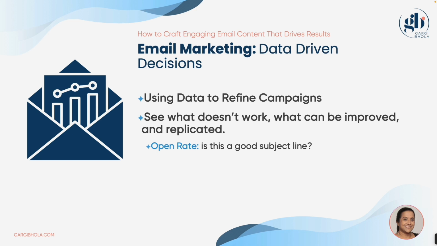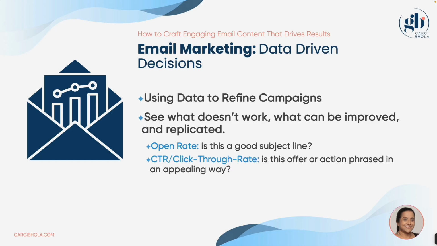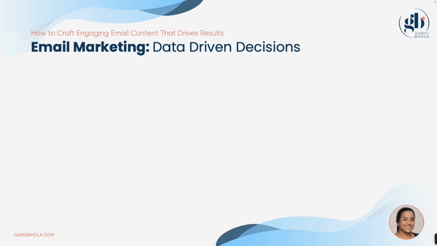Open rates can be a little bit confusing, especially with Outlook. If you open up a preview for an email, the email client may count that as an open, but technically it's not. It's just an automatic setting in someone's inbox. So you take it with a grain of salt, but it's a good milestone to look at to see how effective your subject line is. And then also, what's your click rate? Not only do they open it, but are they clicking on the links? Are they reading it? Are they going to the very bottom? What action are they taking off your email campaigns?